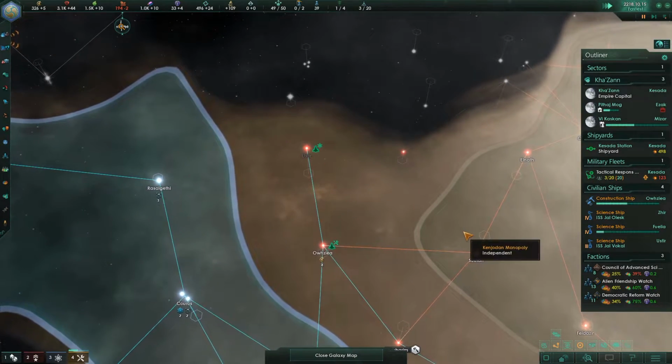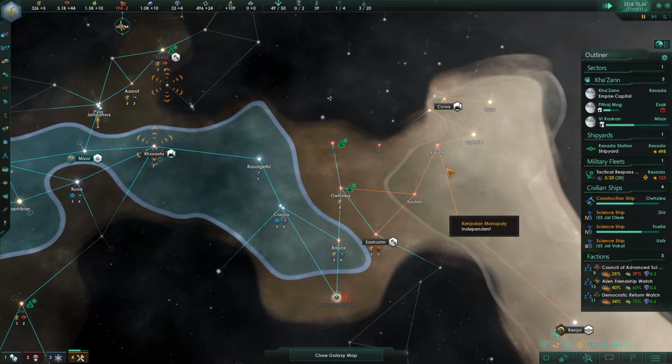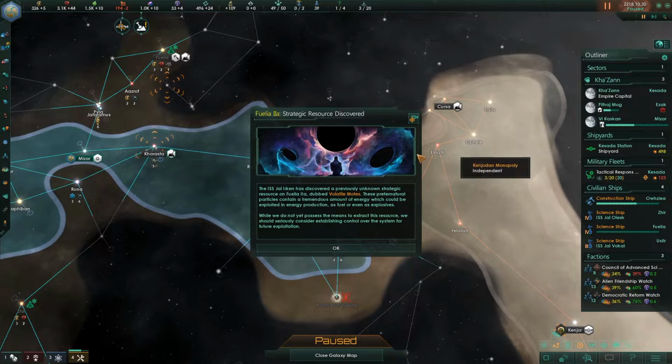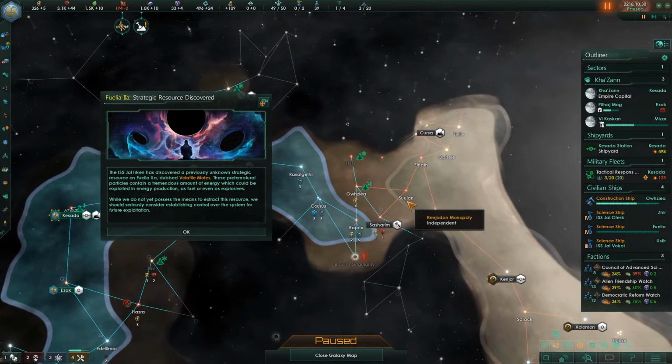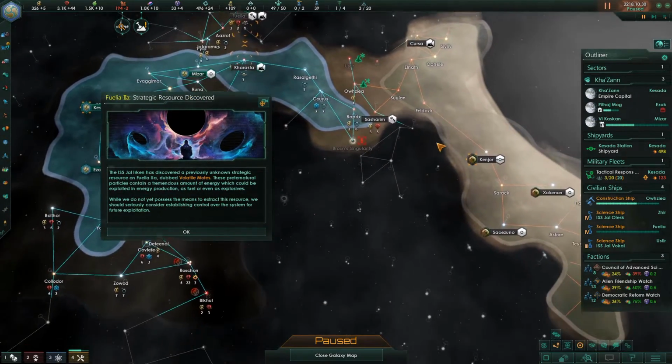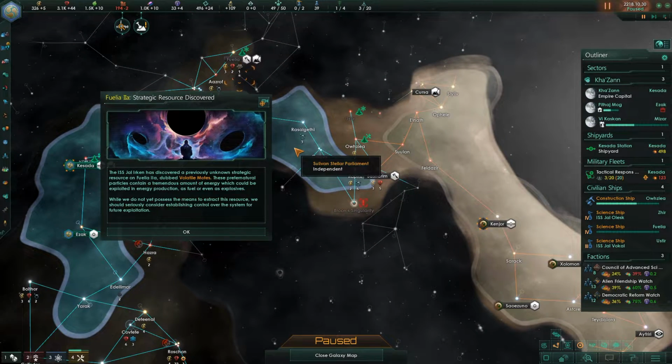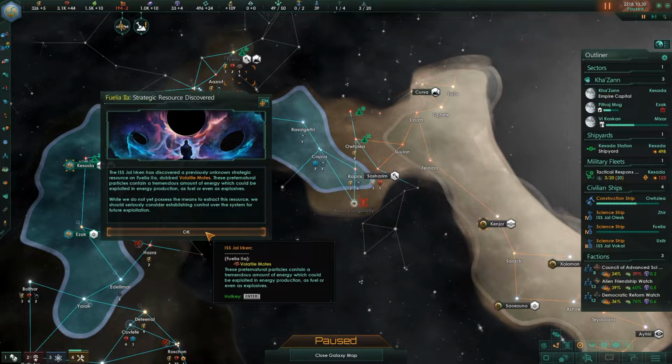Oh, okay, it actually looks like they are gonna have... Oh, and there's an archaeological site. Damn. It also looks like they've got me cut off from expanding any further in this direction. So this leads me to think to myself that if I want to do something against these guys, I'm probably